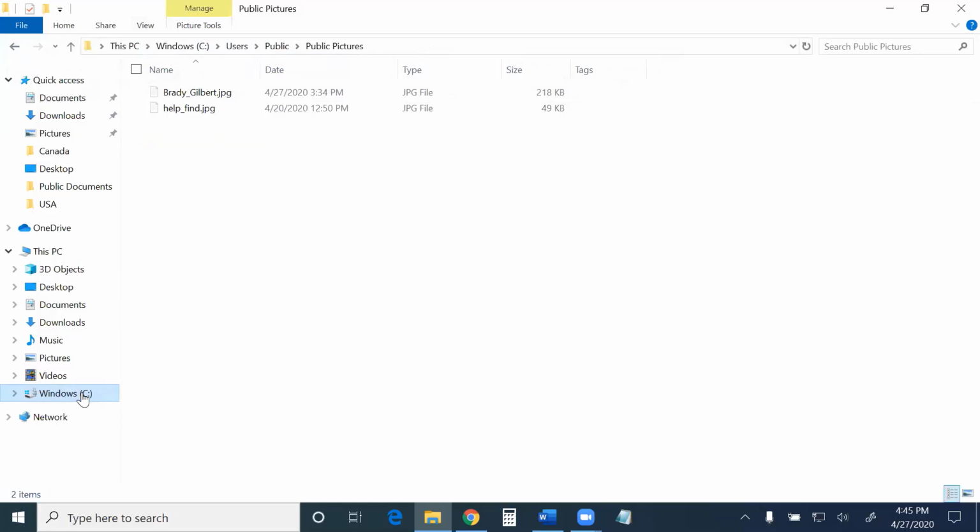I did want to show you one other example of if you were doing a lot of moving files around. What I'm going to do is I'm going to click somewhere up here in the white space at the top of the screen and start dragging. And you actually don't see what's happening on my screen right now.